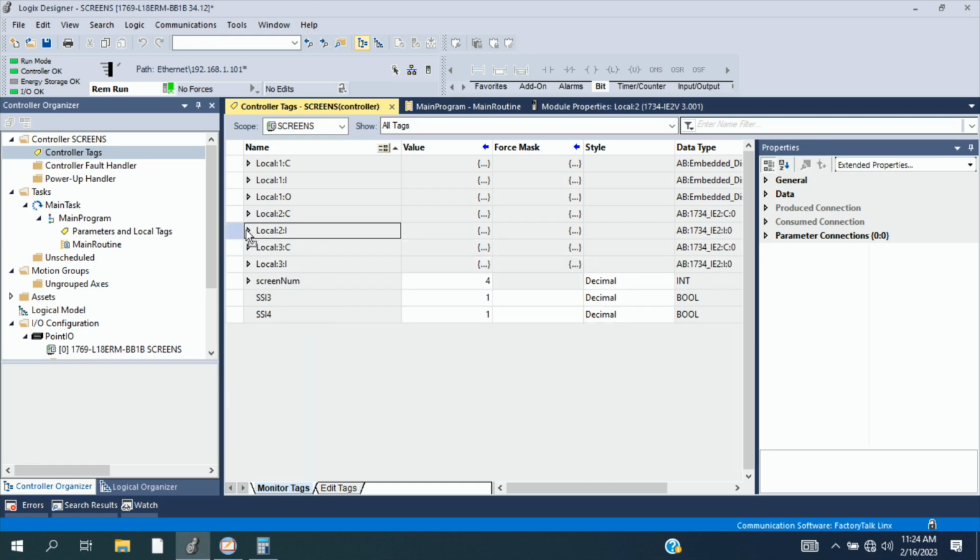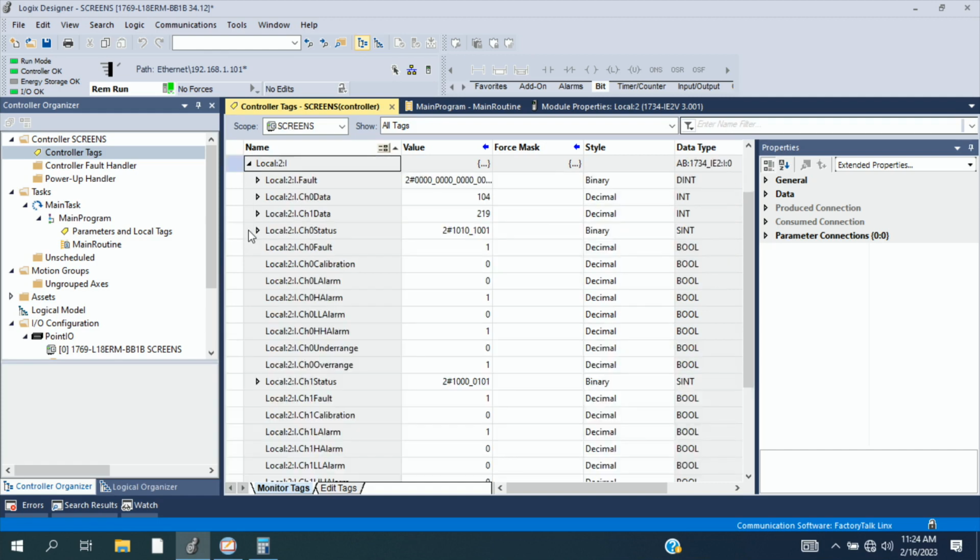So here's the inputs associated with that channel. Let's see, do they have the actual alarms that go along with it? All right, so I'm looking at channel 0, and these are some of the alarms. So right now it's at 104. We should be triggering the high high alarm, and the high alarm should also be on. Okay, so those are both set to 1. Now, if this variable drops below 100 for that channel,